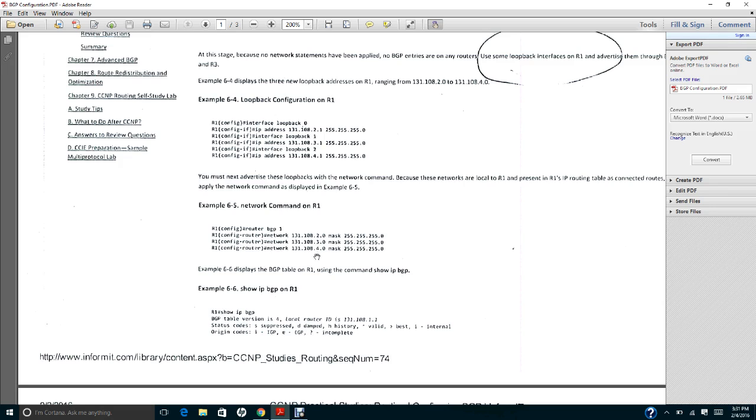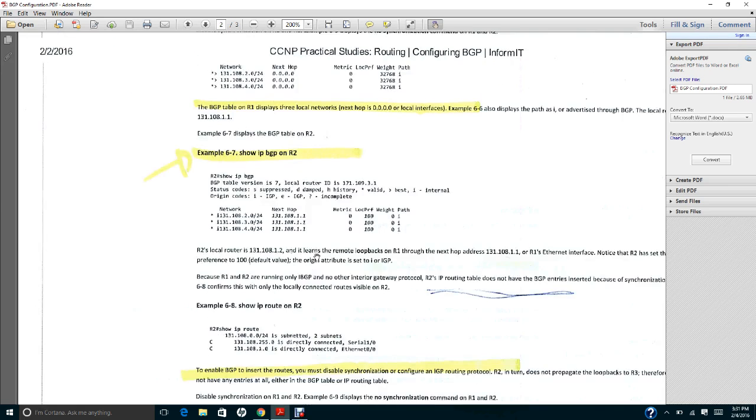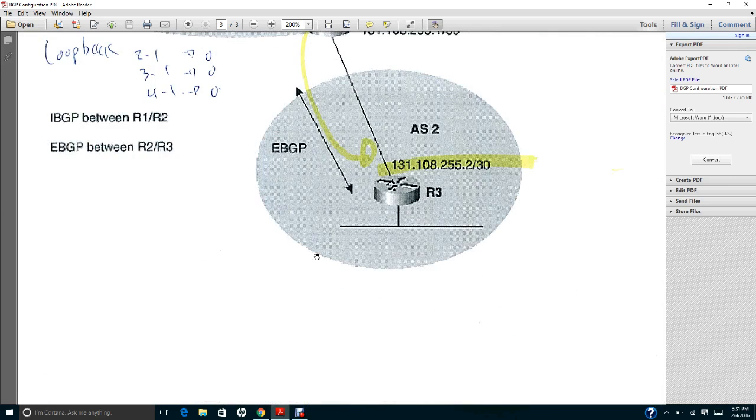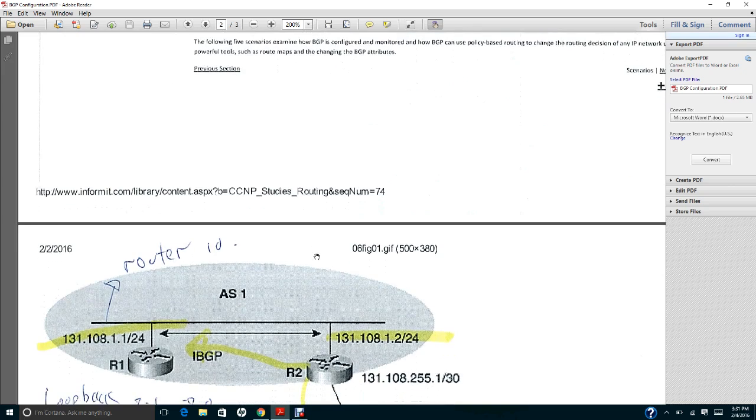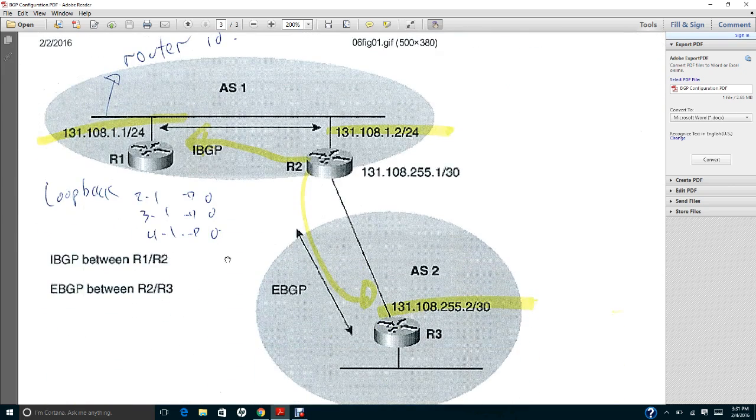Okay, after that, let me see what's the next thing. You need to configure R2. R2 is the exterior BGP. One is for internal and the other one for external.